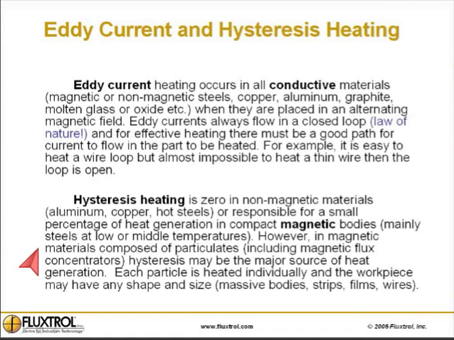Hysteresis heating is zero in non-magnetic materials, such as aluminum, copper, and hot steels, or responsible for a small percentage of heat generation in compact magnetic bodies, mainly steels at low or middle temperatures. However, in magnetic materials composed of particulates, including magnetic flux concentrators, hysteresis may be the major source of heat generation. Each particle is heated individually, and the workpiece may have any shape and size, such as massive bodies, strips, films,